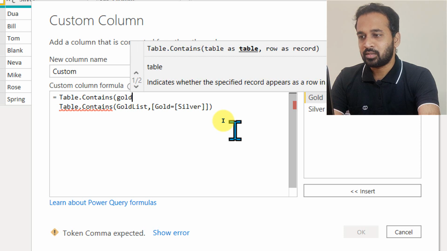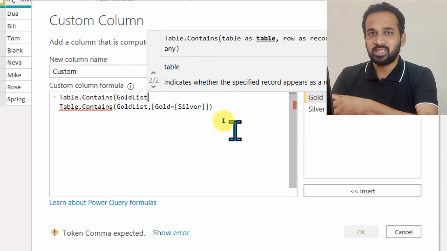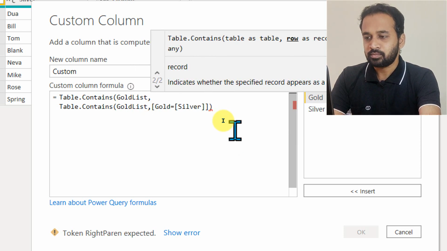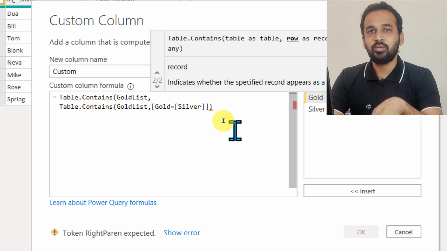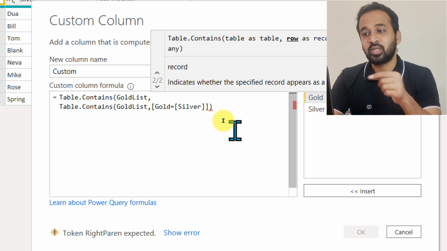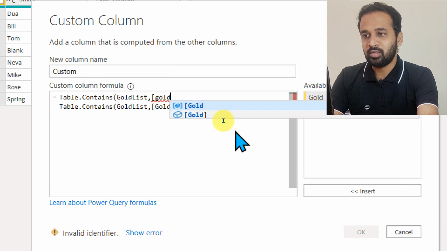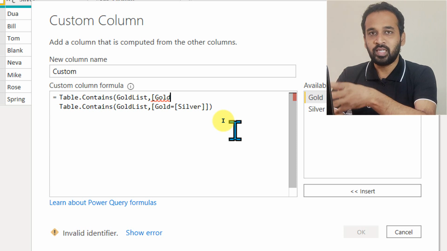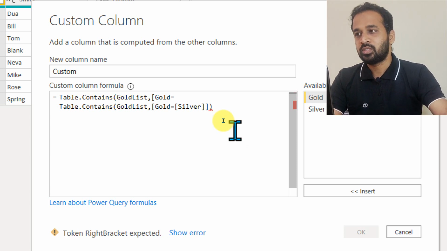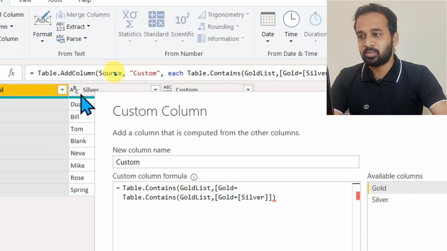So I'm going to pass the gold list, a table which we have just extracted, comma, and I'm going to ask Power Query to look into the gold column inside the gold list table. I'm going to use the open bracket and gold, which is available in the gold list table, equal to the values available in the silver.